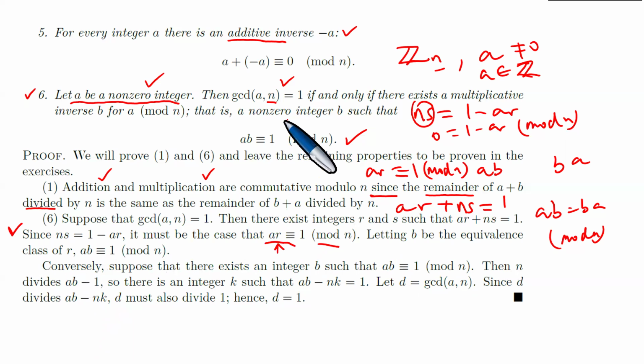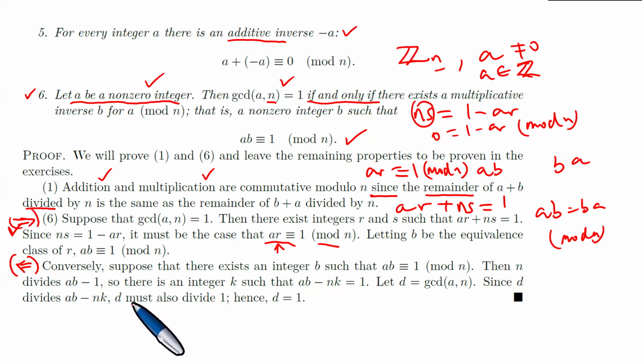Okay, so obviously this one here is a necessary and sufficient condition statement, meaning that we started with the GCD equals 1, so we have proven the forward direction, the implication, and then it has to be true that we need to prove the converse. We need to prove the converse. Conversely,